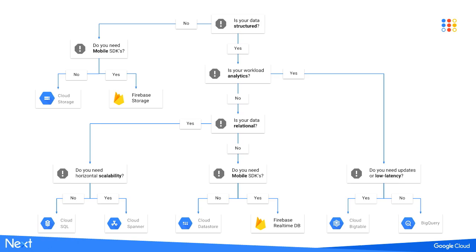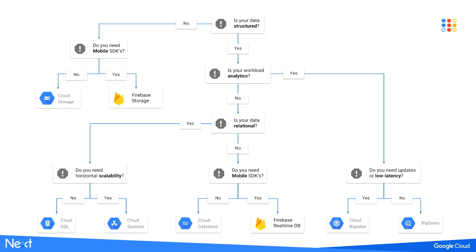If your data is structured, then the question is your data analytics? Do you have an analytics workload? In which case, you'll come over into the analytics branch. If you need low latency and lots of mutations, use Cloud Bigtable. If you don't, use Cloud BigQuery. Coming back down the middle, if your data is relational, and the answer is no, then you have Cloud Datastore. And if you have mobile applications, you have Firebase real-time database that provides you mobile SDKs for iOS, Java,